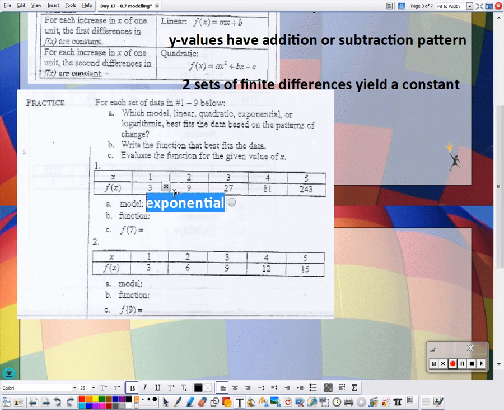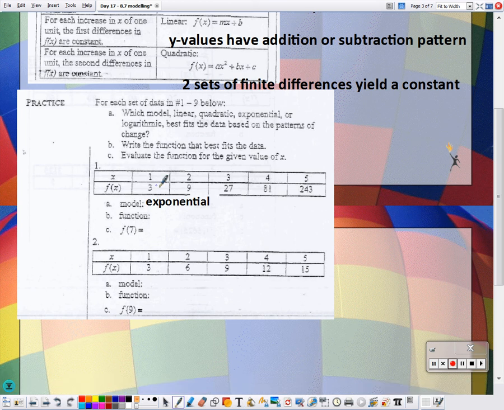I want to make this font smaller so it fits. There we go. The function is pretty basic because I see it's multiplying by 3 each time. What I do need to do, though, is back up the pattern to 0. If it's multiplying by 3, if I divide by 3, I'm going to have 1. So the function is going to be y equals 1 times 3 to the x. And then f of 7 is just going to be 3 to the 7th, which is